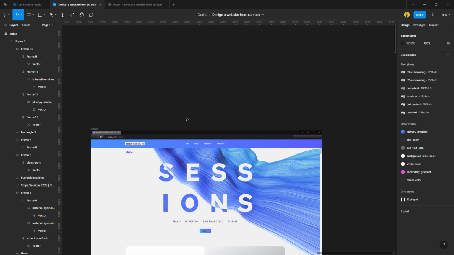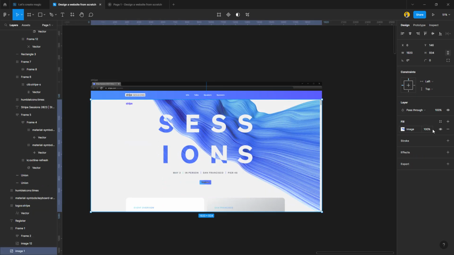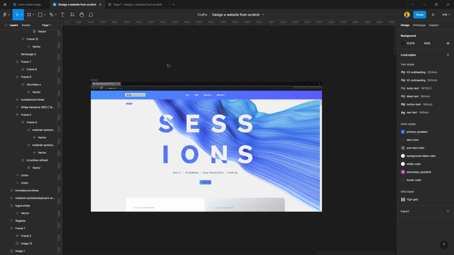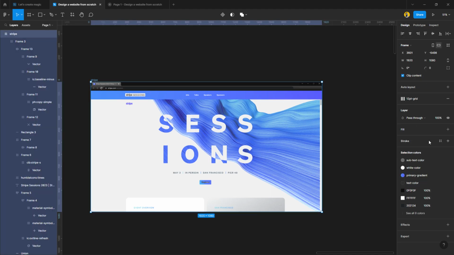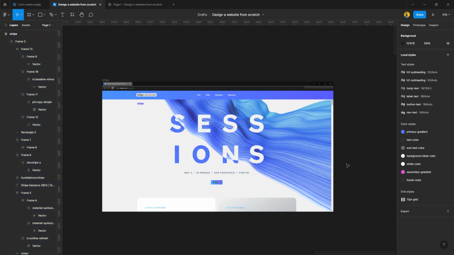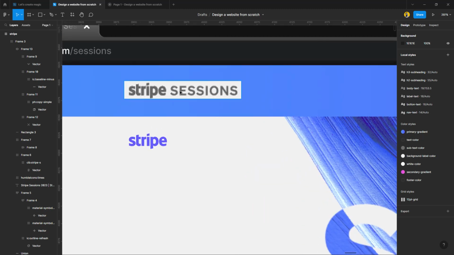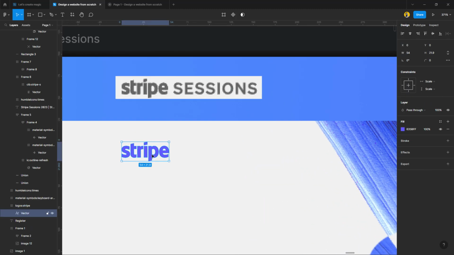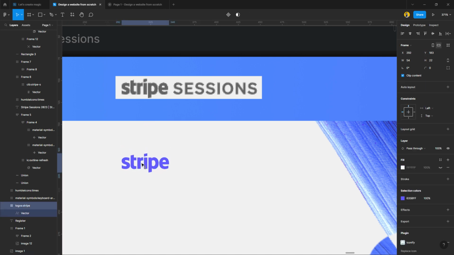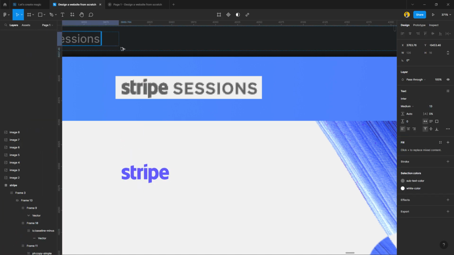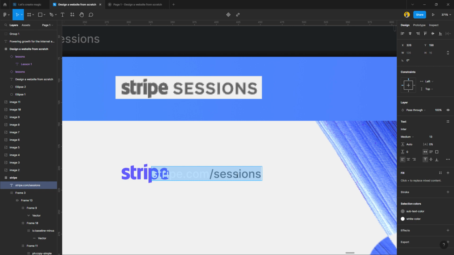Alright, so let's get rid of that. We don't need it anymore. And from our design so far, this is what we have. So I'm going to give the background label color, which is gray. And then I'll get rid of this stuff. So we have stripe, we have stripe now. So I'll just grab this text and type in sections,